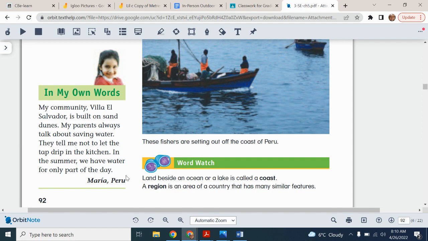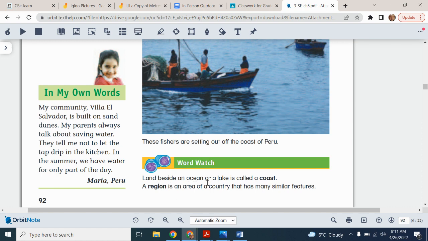And this morning, I'm going to be presenting a Jamboard to you, and I want you to put up pictures or post-it notes about ways that you could save water at your house. Maria doesn't let the water drip from the tap. I think there's other ways we can save water.